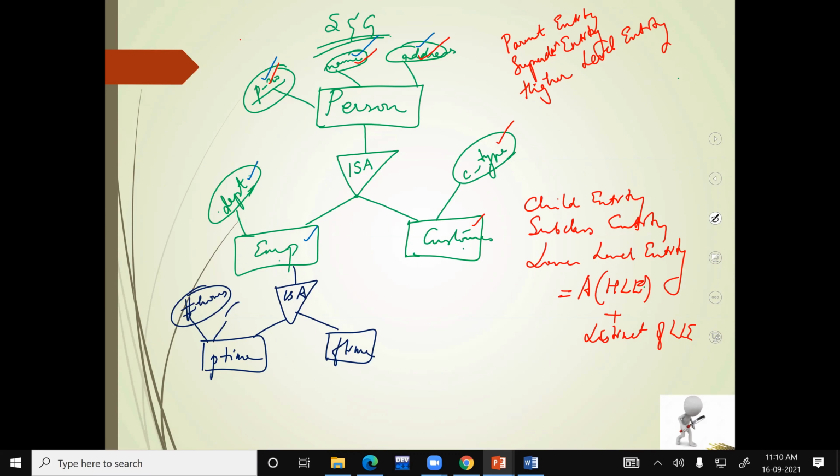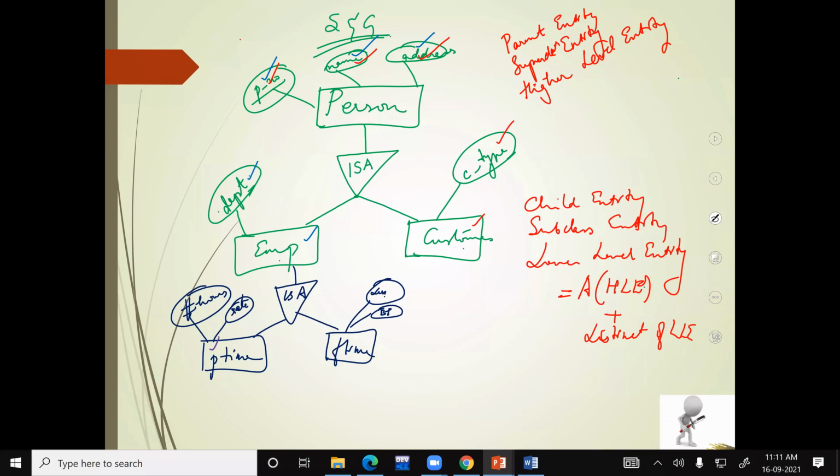Okay, rate per hour, because that is how he is paid for the number of hours he works. Full-time employee, he will have a designation, he will have a basic pay, and so on. Now, the full-time employee attributes, the part-time will not have. The part-time attributes, full-time will not have. But if you think about the part-time